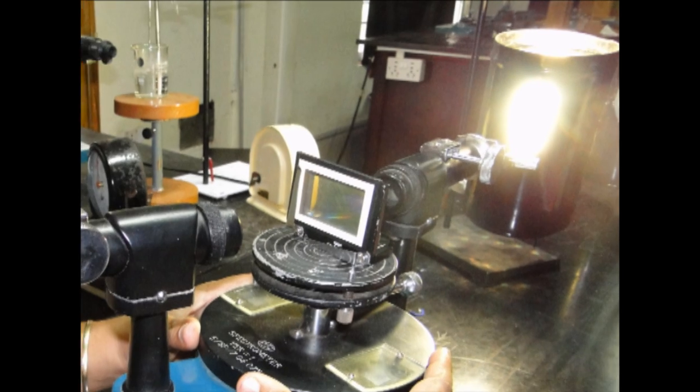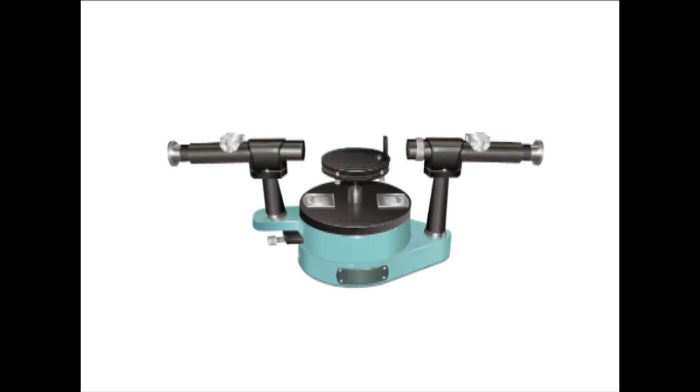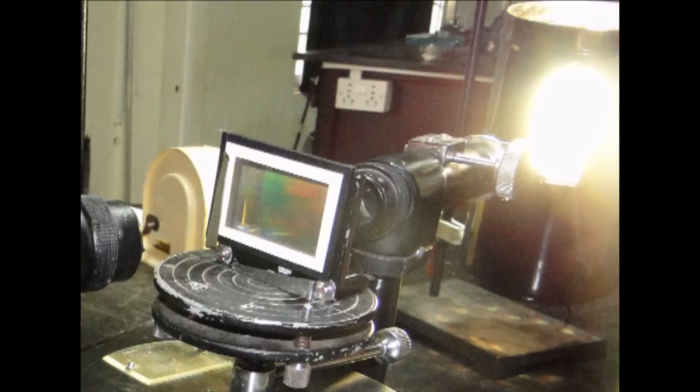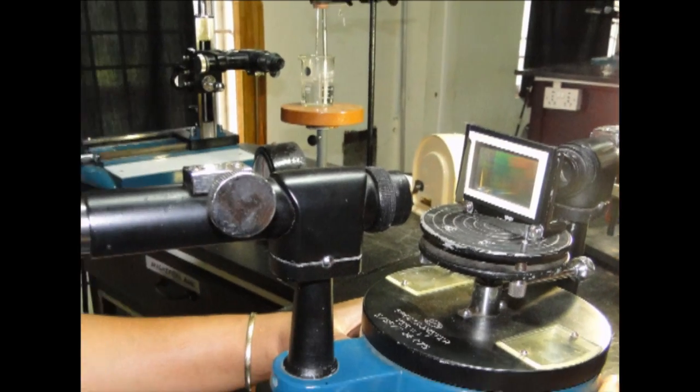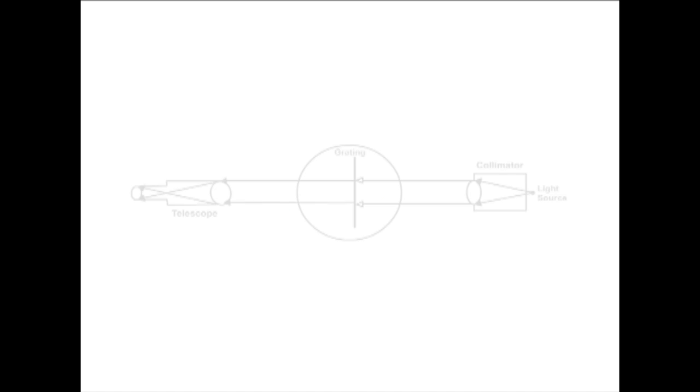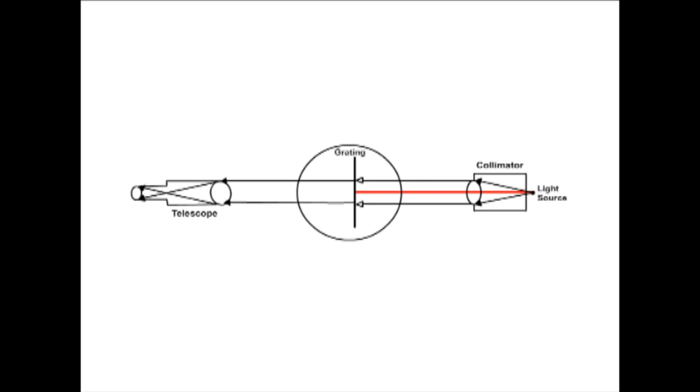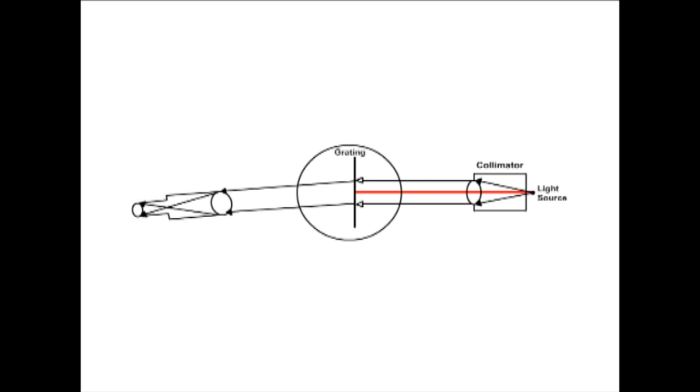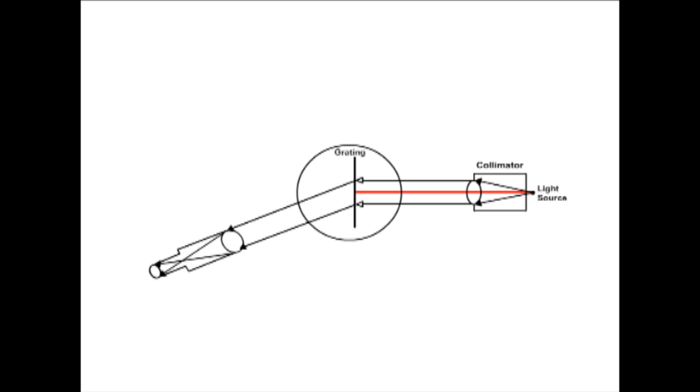In this experiment, we will use a diffraction grating optical spectrometer to measure the wavelengths of spectral lights emitted from spectral lamps. The light to be analyzed must pass through the grating as a parallel beam so that the direction of all rays will be the same and can be measured.